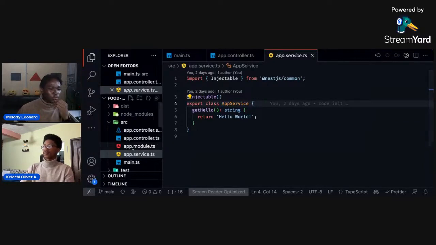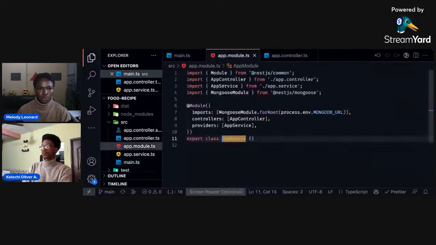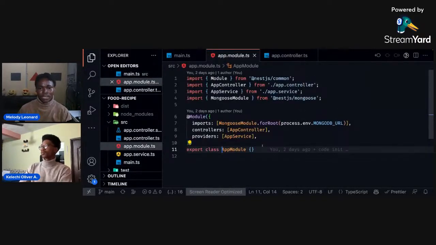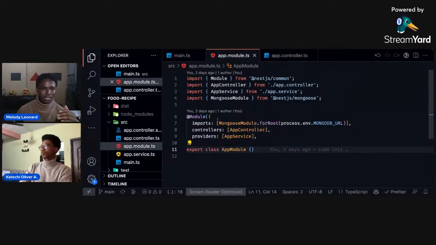Now you ask yourself, how is my main.ts getting access to this? Because there's no connection currently. If I go to my app module here, you can see currently there's no connection. There's no way to get hold of this service, like there's no way to grab hold of this instance here and manage that. Well, NestJS